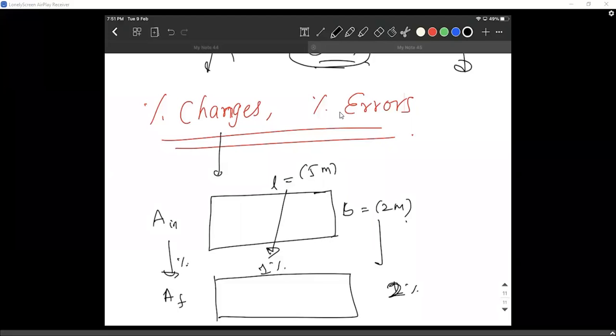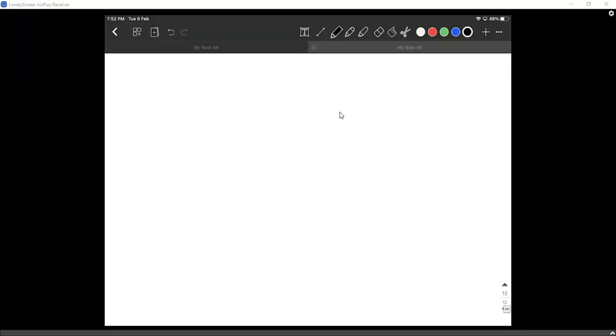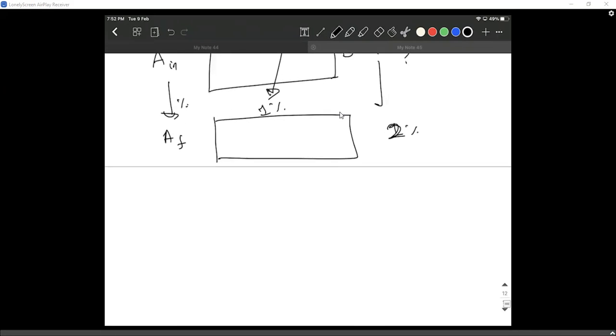This is a kind of question that you might be facing. Can somebody answer? Is there any way for you people to answer this? The length is increased and the breadth is increased. Can you answer how much the area is increased? Charan Sai already gave an answer, but let's look at the other answers again. Anyone else? Do you know how to write the percentage changes? Nobody? Okay, let me discuss that. This is a little related to mathematics here.